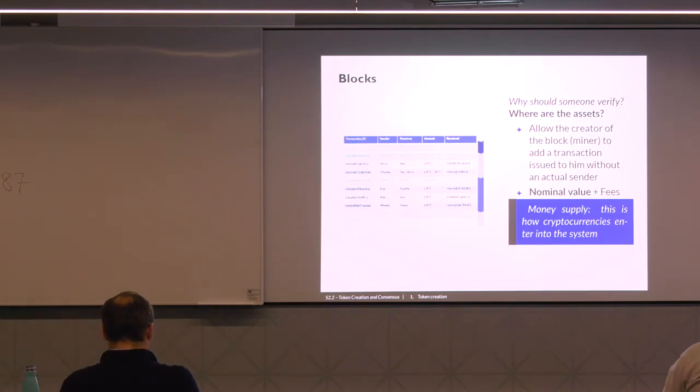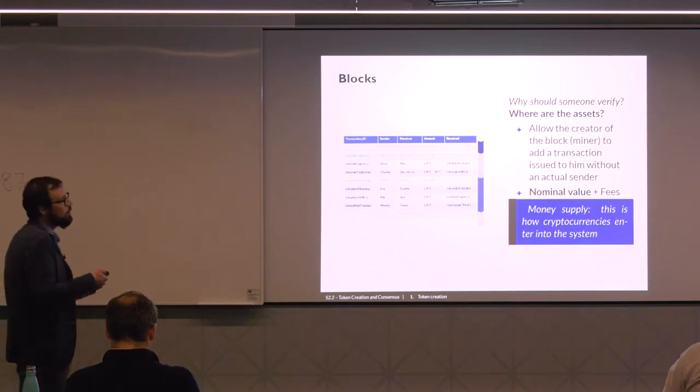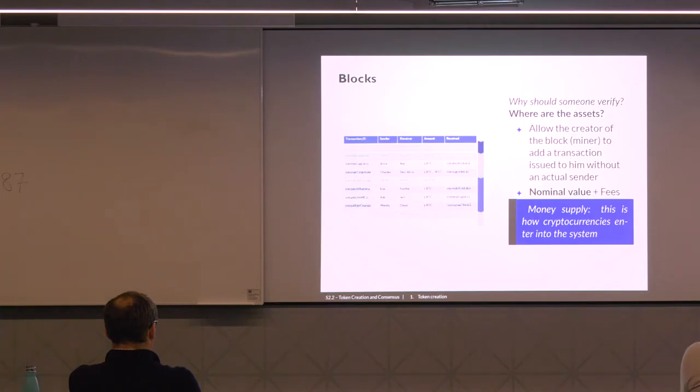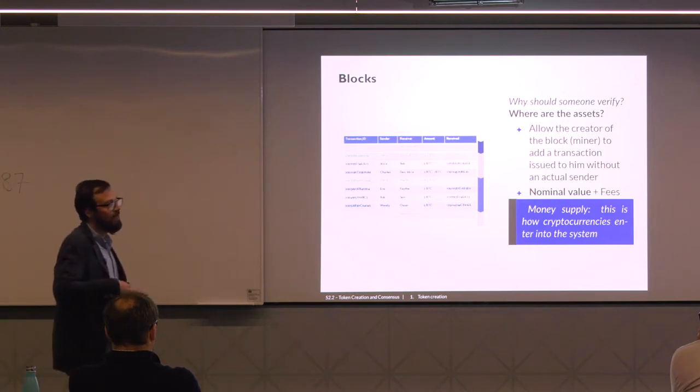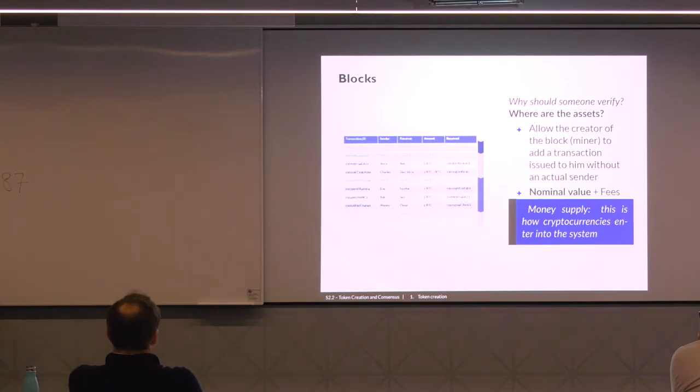Therefore, the system is constructed in such a way that verifiers want to verify because they want to be allowed to create this additional transaction for themselves, in which they get rewarded for the process of transaction verification. So you have a system that is consistent, and the system is consistent because it is in the best interest of the verifiers to keep the system consistent. And so the incentive of the verifier and the incentive of the system as a whole, from that point of view, are aligned.